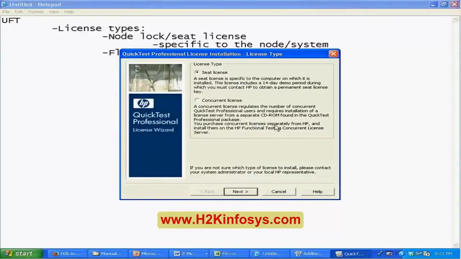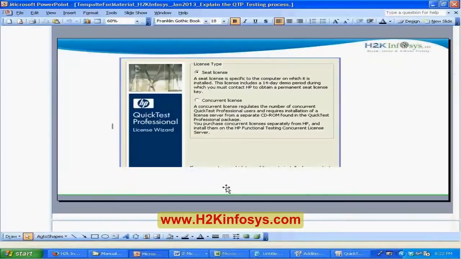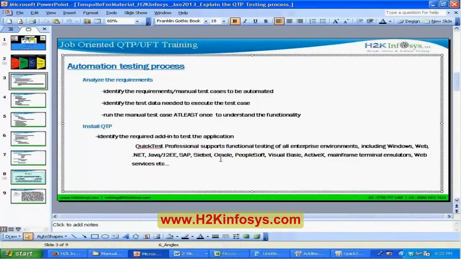Okay. So there are two licensing types that will be used. Once you install this QTP, you're going to select that install. You're going to select the license at the end of this installation. So installation has two steps. First, you need to identify the required add-ins with the help of the development team. And the second step is, if you don't have information on what license you're using, either you can talk to,